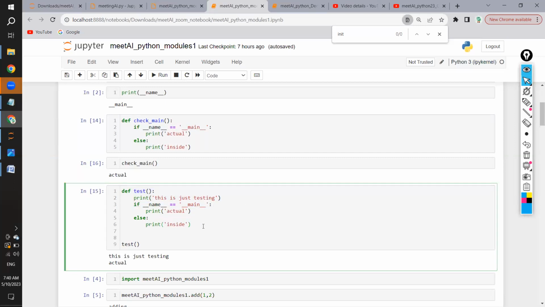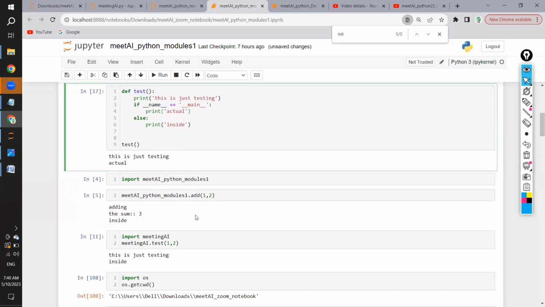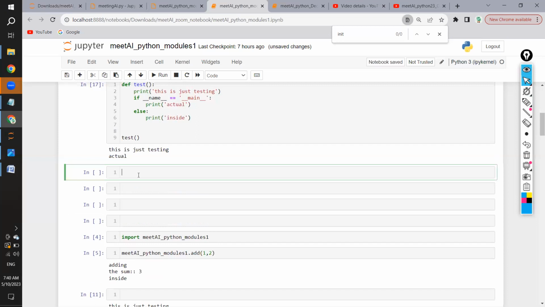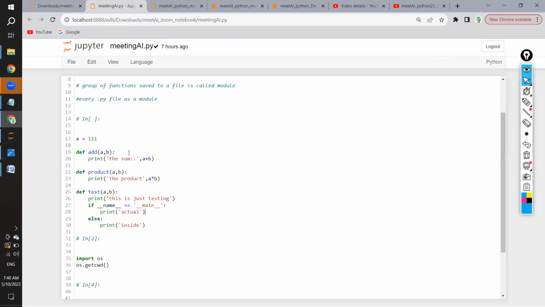Okay, if I run this function here in the notebook, I'm triggering this test function from the notebook. Now if I run this, it is printing "this is just testing", and it is printing actual. That means what? This is the main function only. This is entering, this means this is the main function. But now, see, if I try to execute the same test function from